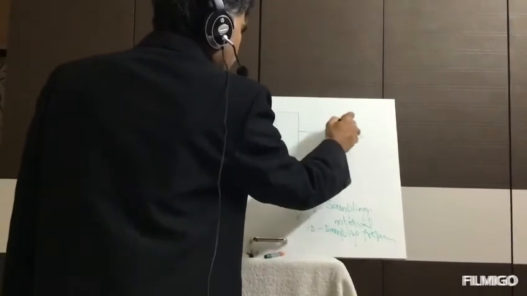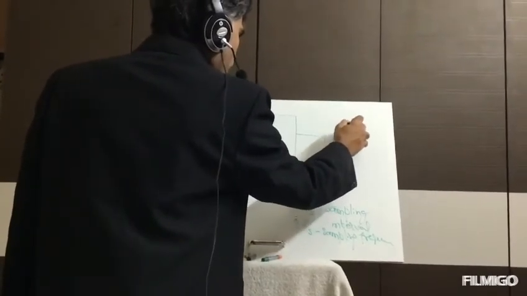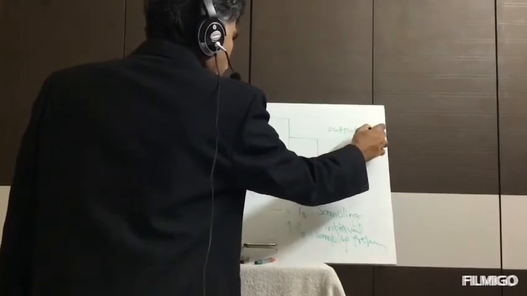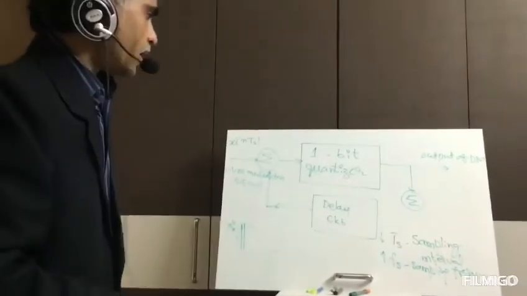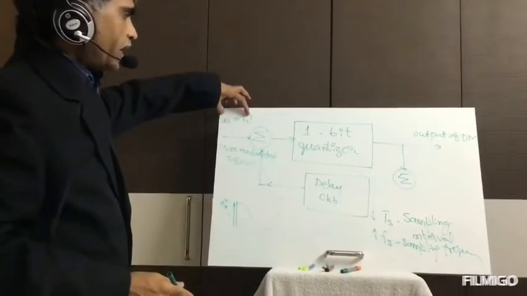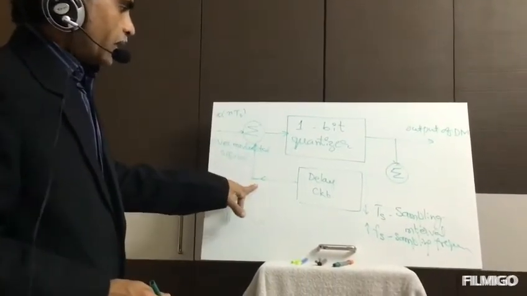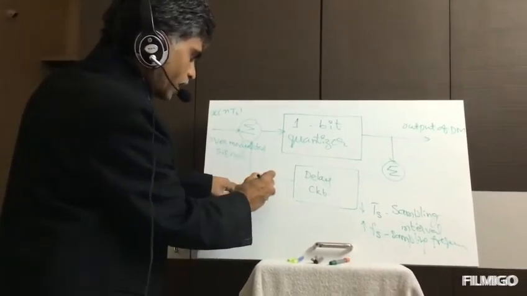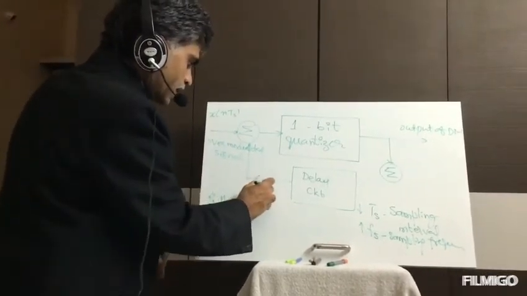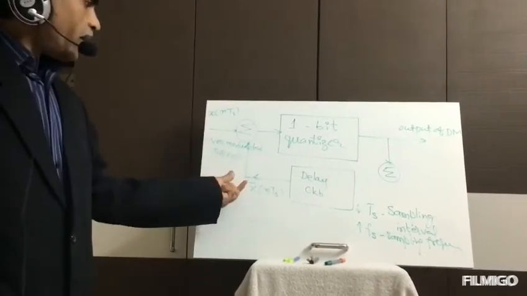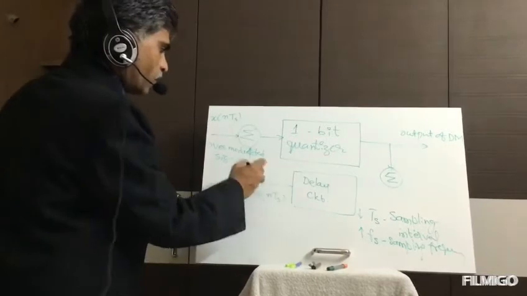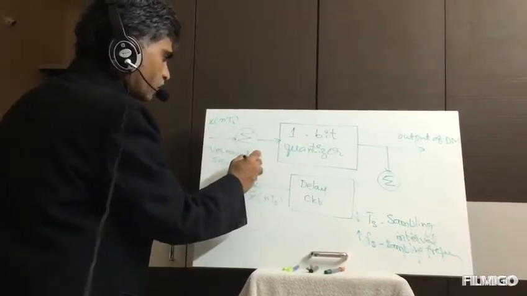This is the quantizer output, or output of the delta modulator. DM stands for delta modulator. So X of nTs is the input signal, and the output of the delay circuit I'll indicate as X tilde of nTs. Then once you feed this output of the delay circuit to the summer here,